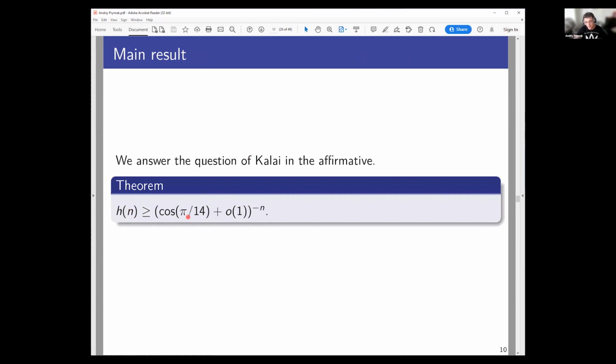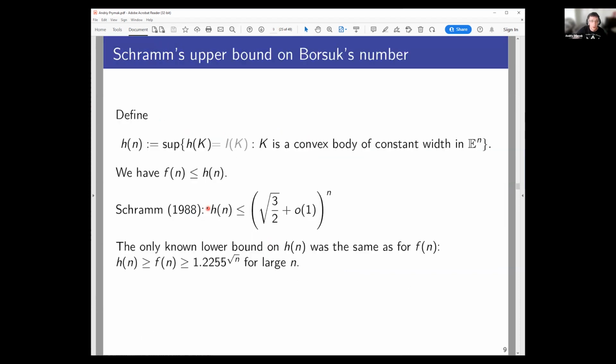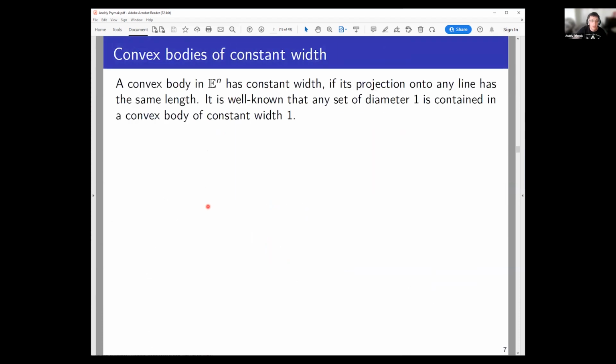Cosine pi over 15 is smaller than 1, of course, but we have negative here. So that's our main result. And I'll just outline the ideas of the proof. The main geometric ingredient that we're going to be using is this remark that if you